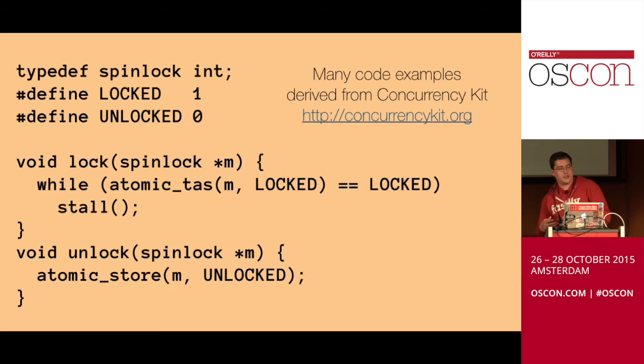If we assume that we have an interface for our atomic test and set operation, from Concurrency Kit, this lock is a simplified version derived from one of Concurrency Kit's spinlocks. It provides these atomic primitives that we can use to build up our concurrent data structures and build things like locking primitives. So this looks right based on what I've said, but can we define the correctness of the